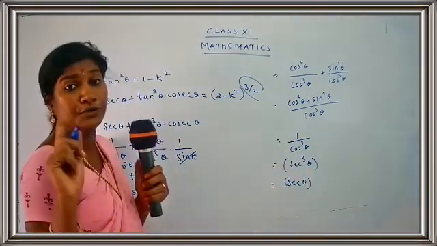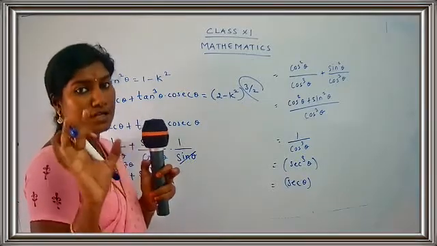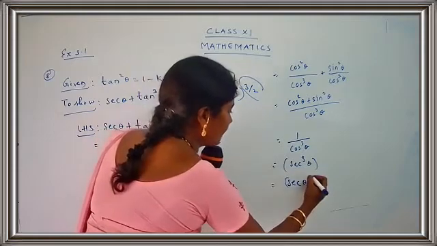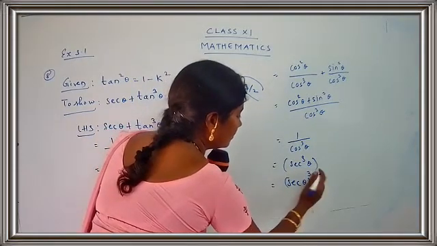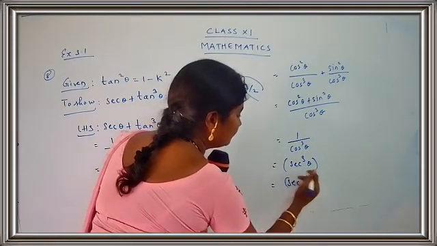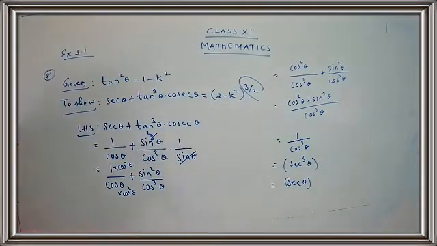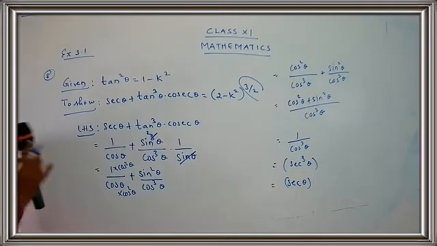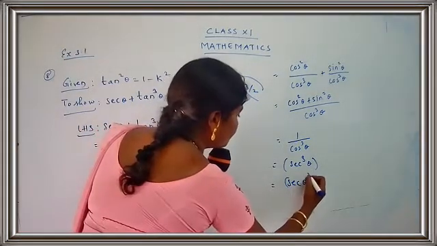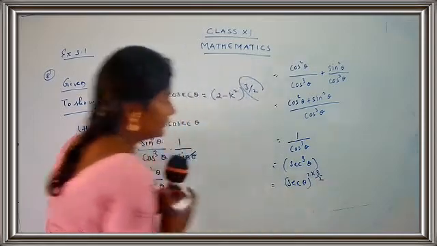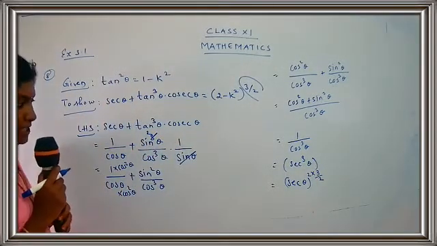Remember, whenever you do the changes, the value should not change. You should get the same value. So the change is like this. See, 3. Let's just put here. So it's 1 upon cos cube theta, and you have sec cube theta. So this will be written as 2. Just observe here carefully, children. 2 into 3 by 2. So how are we going to change it?